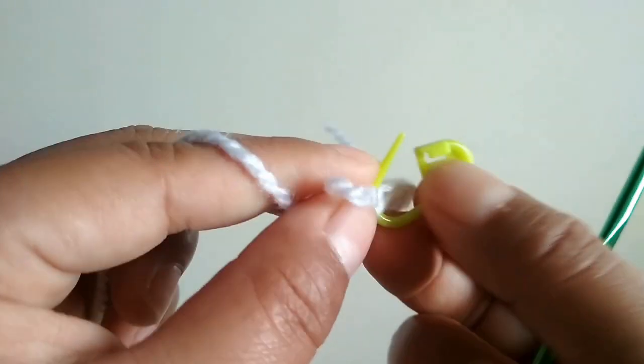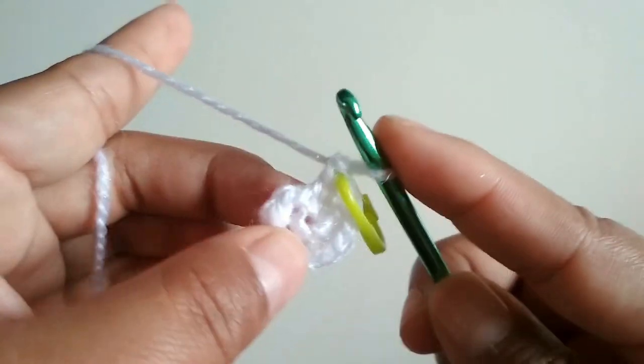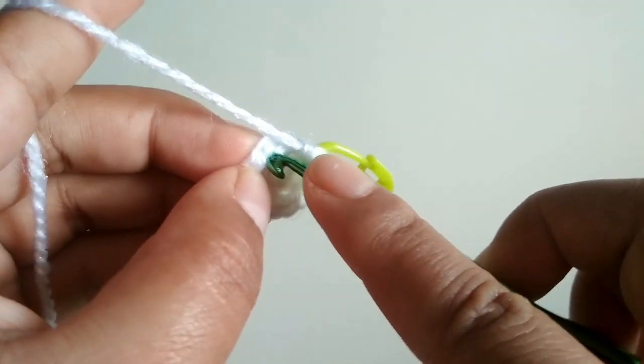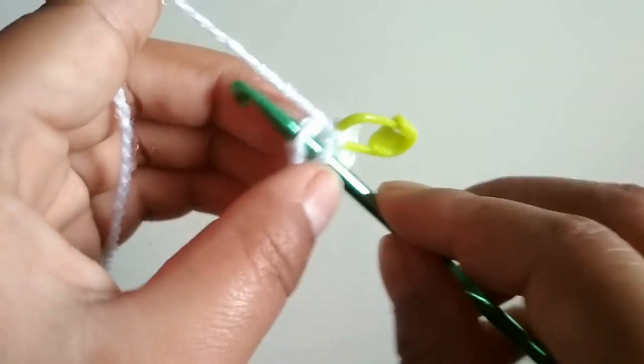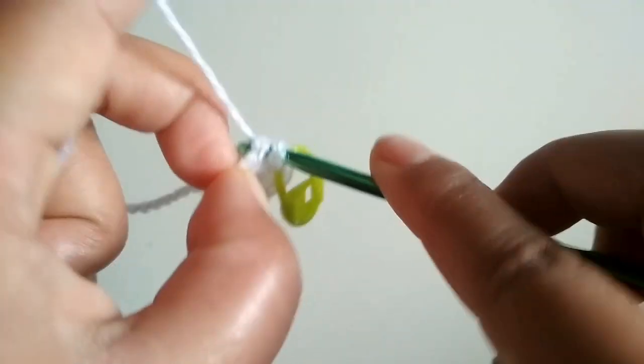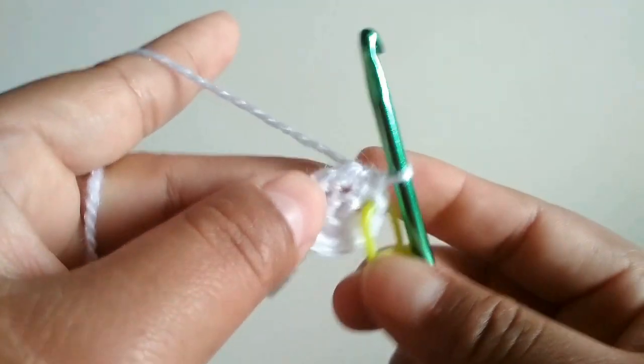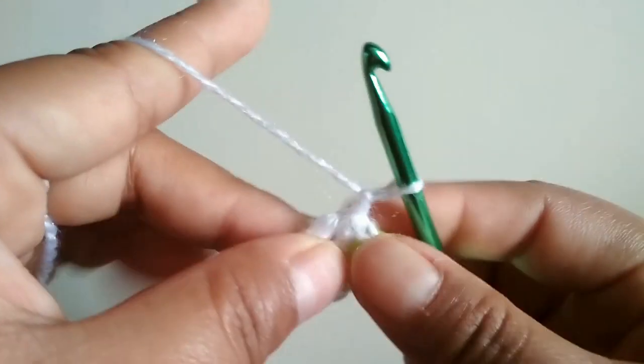Mark the last working stitch and slip stitch it to the first stitch of the round. And this completes row 2. Row 3, chain up 1,